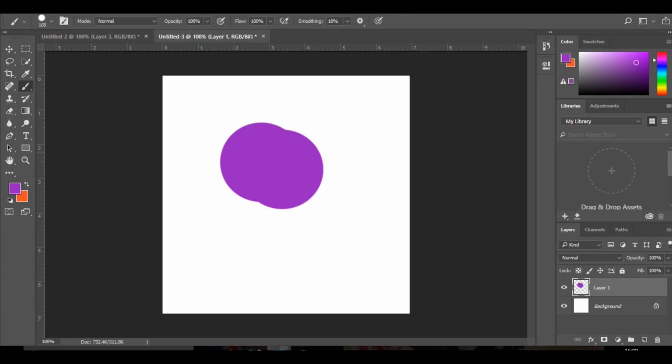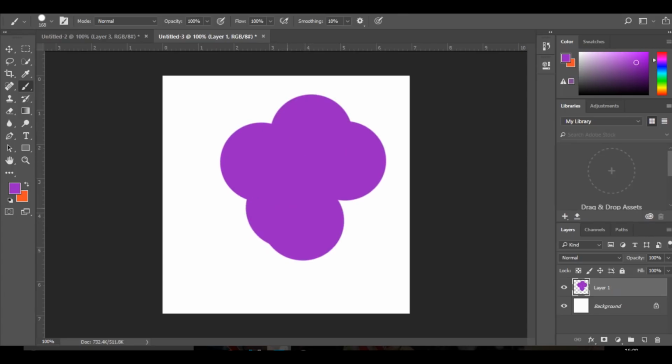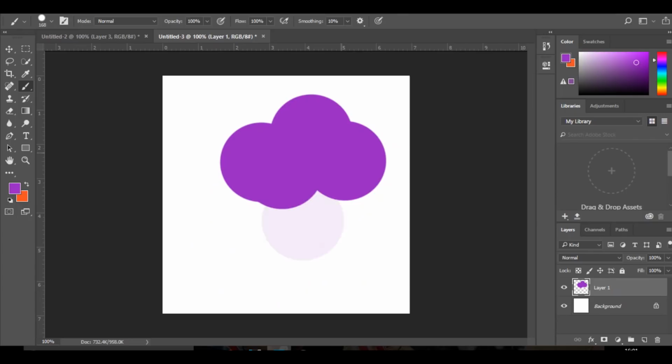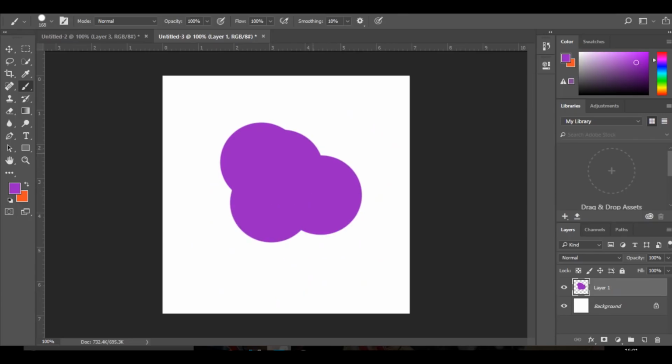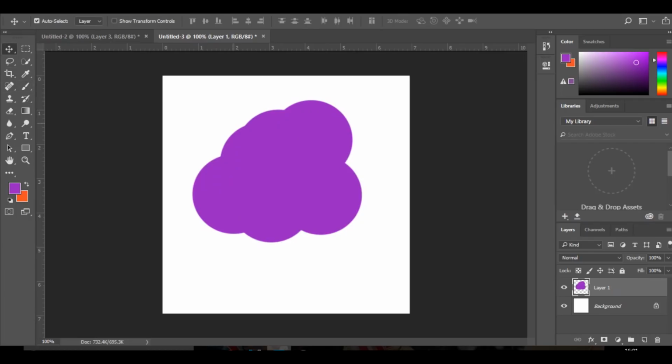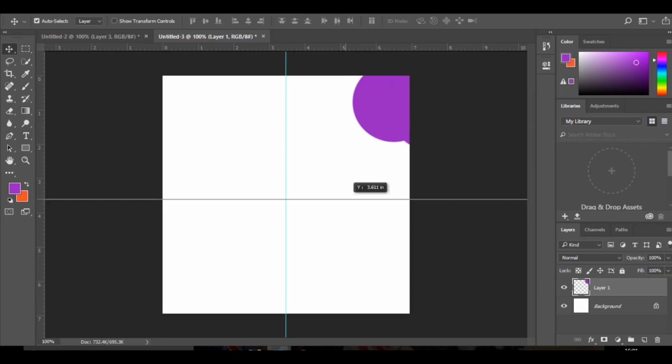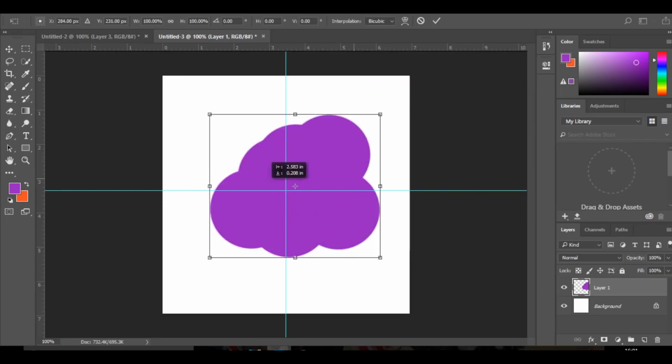And you want to click in certain places. You don't want to keep doing absolutely loads like that. You can, it's up to you guys, but it doesn't look as good. You want to keep it quite minimal, so something like this. I'll show you guys. You just don't want that many, but you want to create some kind of bubble effect, like so. So I'd say something like that looks quite nice. And what you want to do is make sure you've got rulers up, so if you press Ctrl R and then bring the rulers into the middle, and then you want to make sure this is right in the centre,